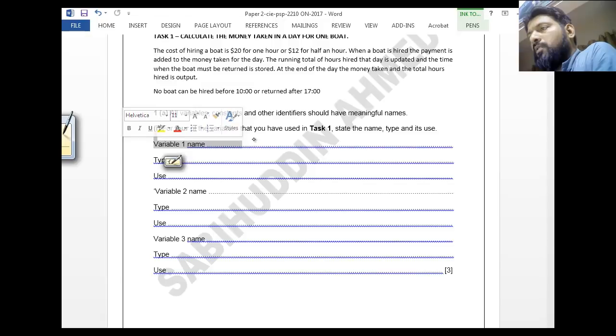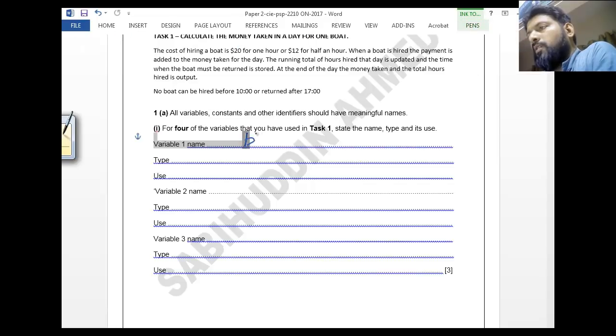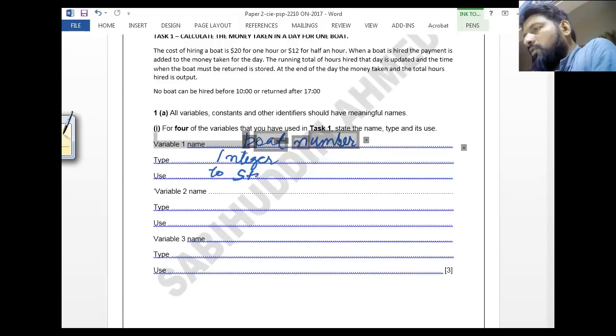boat number. Right, this could be boat number. Type integer, used to store boat number. Variable number 2, hiring time, type integer, used to hold